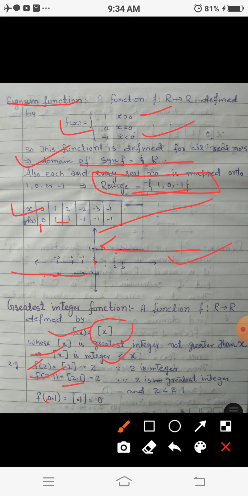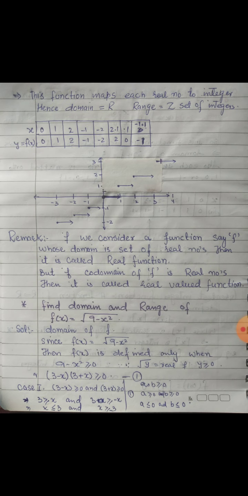Or here if we consider 3.1 or 1.99, the greatest integer of 1.99 is simply 1, because if we consider 2, 1.99 is less than 2, but we have to consider that integer which is not greater than x. It is simply 1, because 1 is always less than or equal to 1.99. So how to draw the graph of this? For this we need